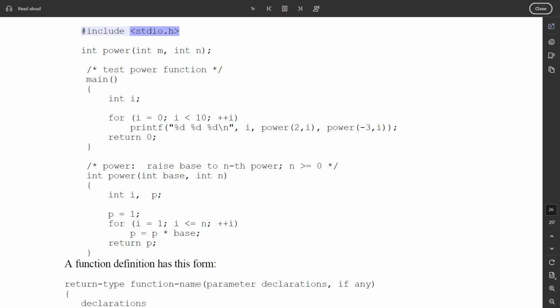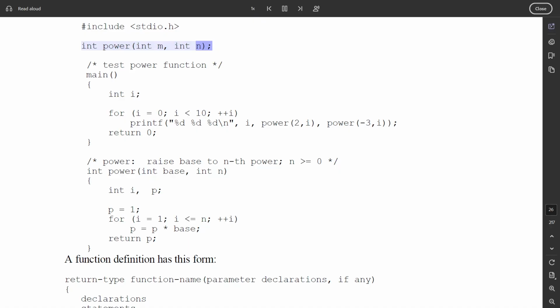#include <stdio.h> int power(int m, int n); /* test power function */ main() { int i; for (i = 0; i < 10; ++i) printf("%d %d %d\n", i, power(2, i), power(-3, i)); return 0; } /* power: raise base to n-th power; n >= 0 */ int power(int base, int n) { int i, p; p = 1; for (i = 1; i <= n; ++i) p = p * base; return p; }